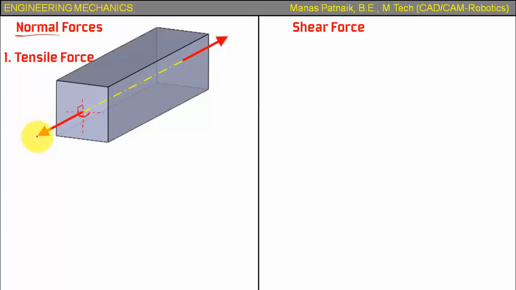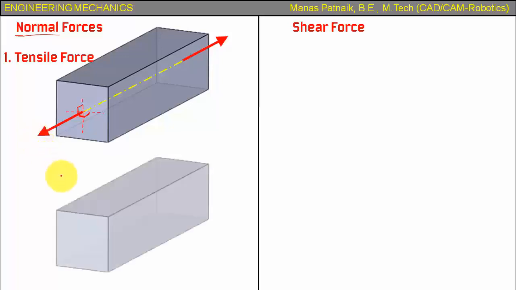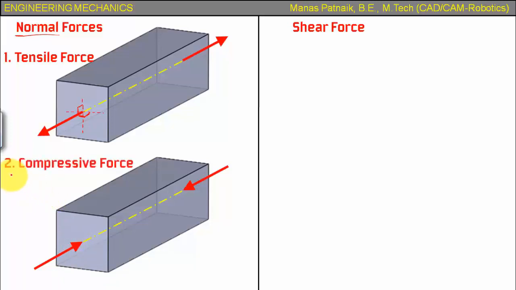Okay, let's take a look at a different kind of normal force. Here it is. This is the object. Let's have the axis, and now let me reverse the direction of the force. Again this is an axial force, a normal force in fact, and to be very precise, if you watch carefully, the nature of this force is such that it tries to shorten the length of the object. Or you can also say that it tries to compress the object, and therefore this sort of force is something that we refer to as the compressive force.